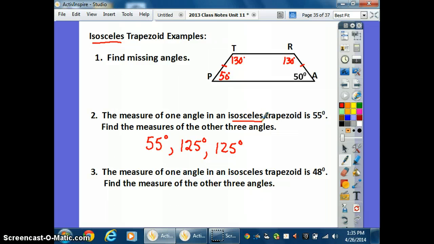Let's do one more and finish up our notebook. One angle's 48. Okay, so we know it has a twin, 48. Then the other one must be